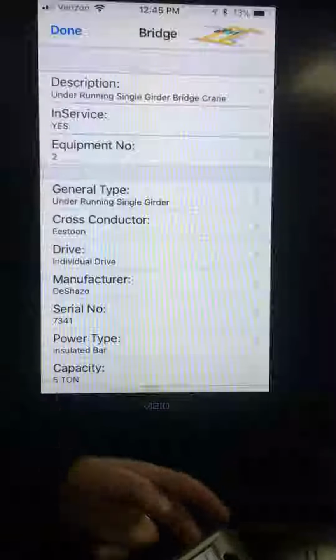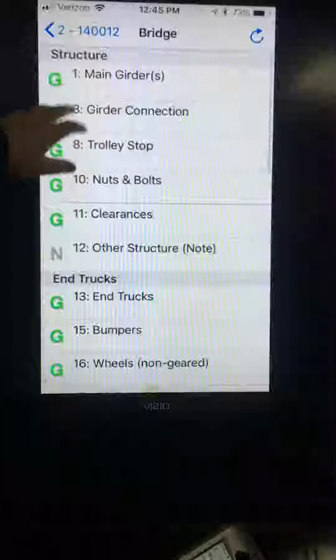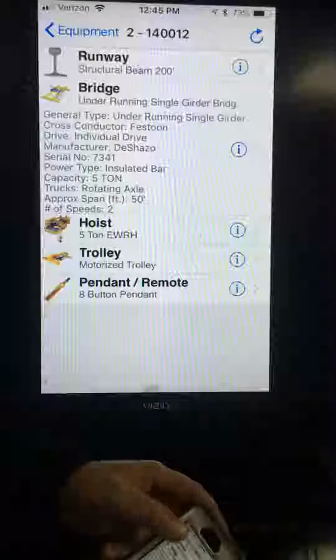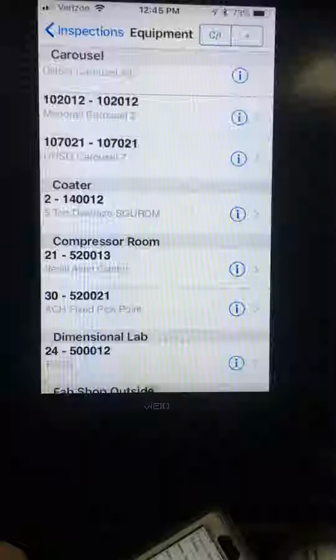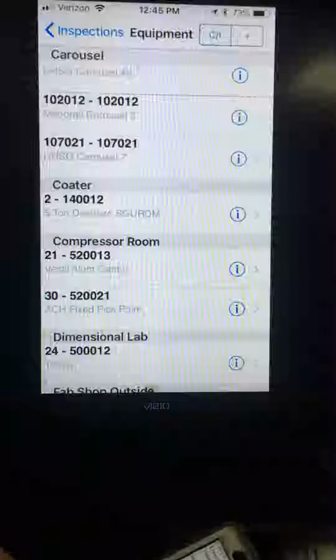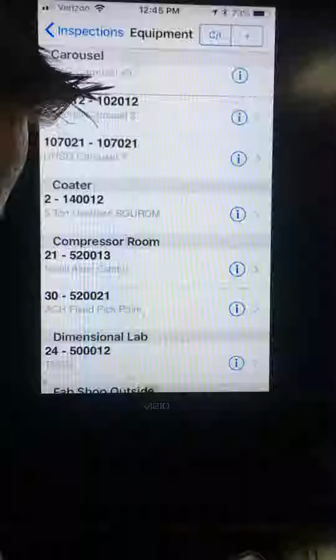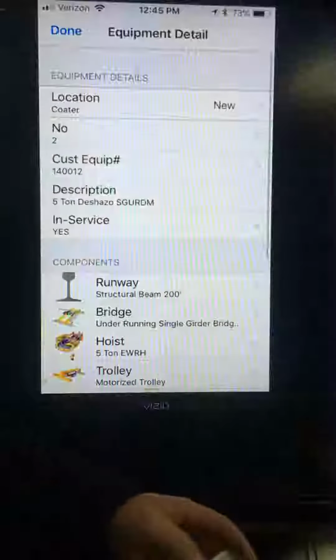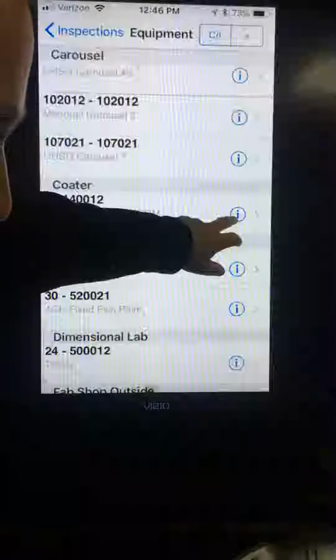You can see this without having to go into detail. What it does is it helps you identify it when looking for the unit. Same with the main description. It should just say 5 ton underhung single girder bridge crane. So we're going to go to change this description. You're going to do the blue eye,